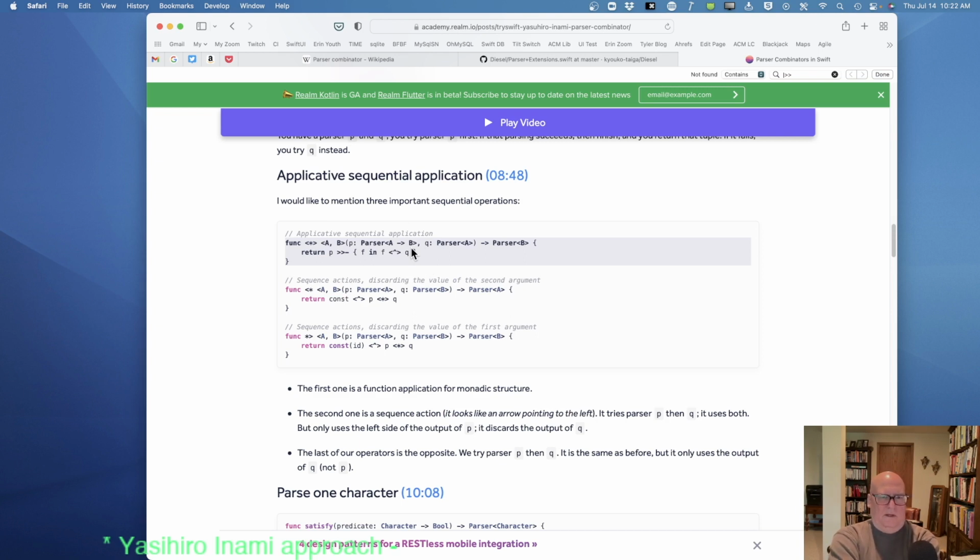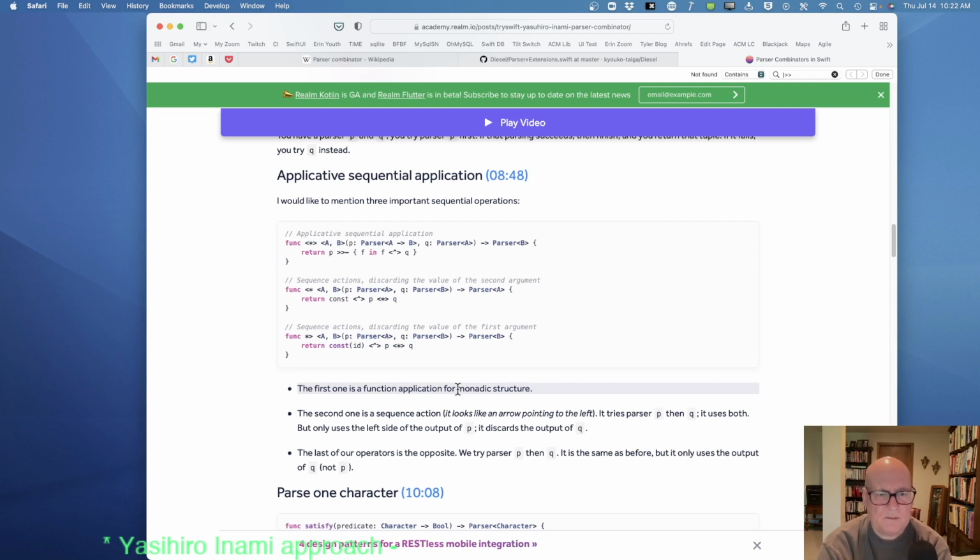And a parser of A. This sentence doesn't help me that much.